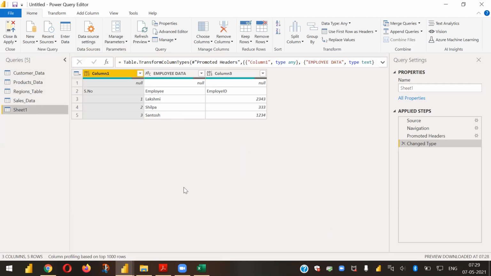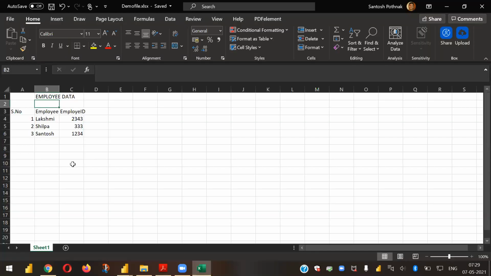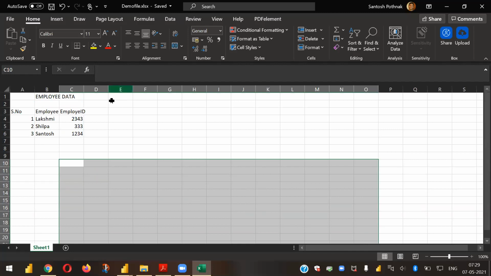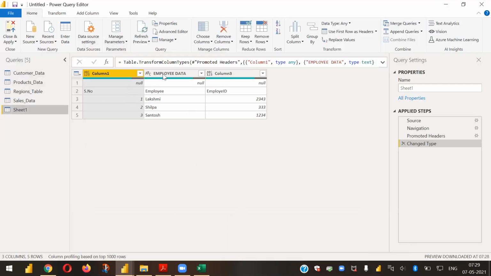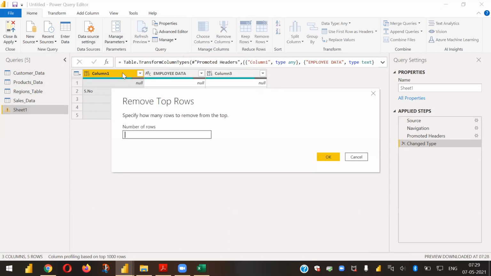In general, we have a lot of null values in the tables we prepare. Somewhere we put a lot of headings, right? That kind of data set we might have. So in that case, it will come like this. Even though it has automatically changed the type, we can still see our data is not in a proper format. So what I have to do now is click on remove top rows. I wanted to remove the top one row, because the first row is null, right? I'll remove this first row.